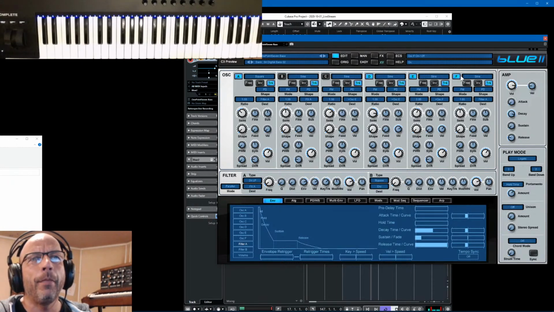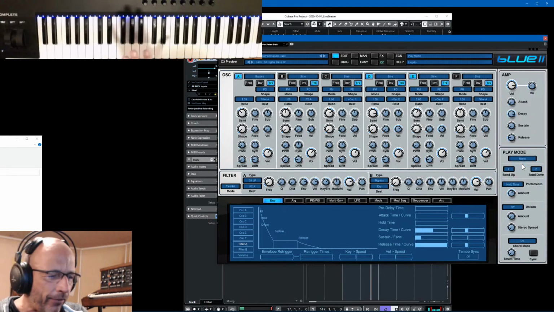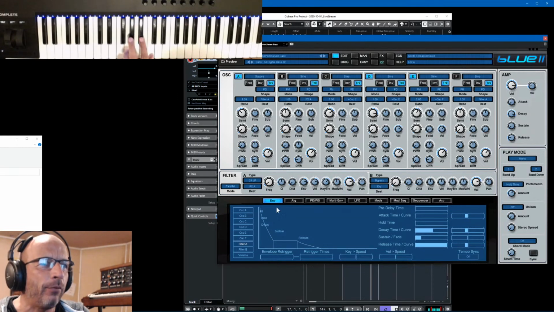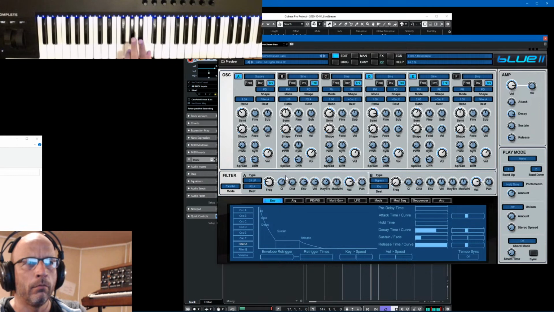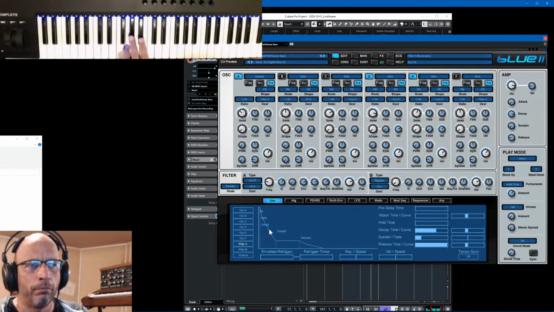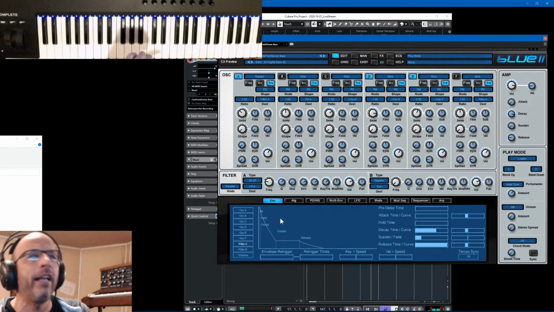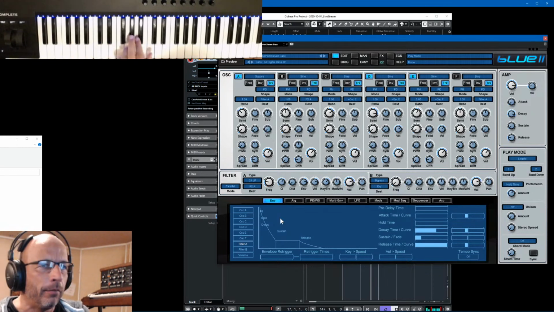Yeah, so this mono mode means that it re-triggers this envelope each time. So each time it starts this envelope. And in legato mode, it starts this envelope once I release all the keys. So it finishes the envelope, so it doesn't re-trigger the envelope. So this meow is just once, as long as I hold the